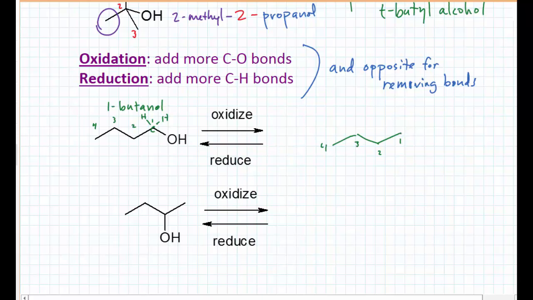What was a C-O single bond will now become a C-O double bond. And now that O can't have an H attached to it, because O just makes 2 bonds to be neutral. We can draw this carbon here now having just 1 H to it. So to oxidize this, we added